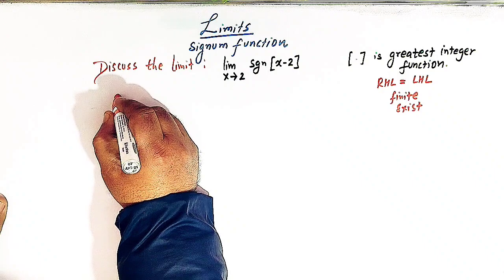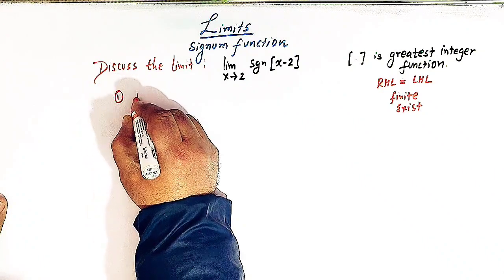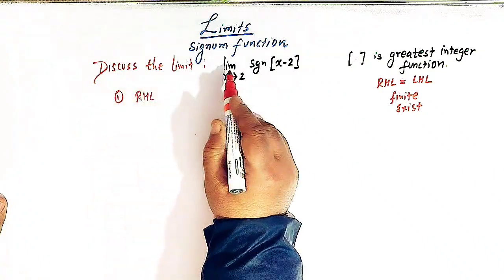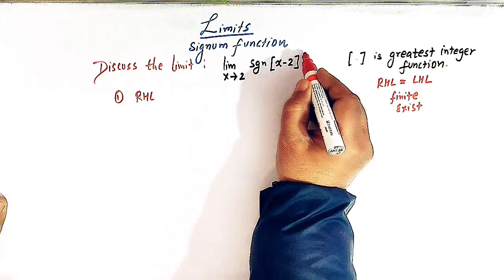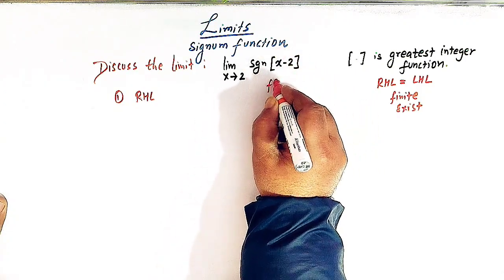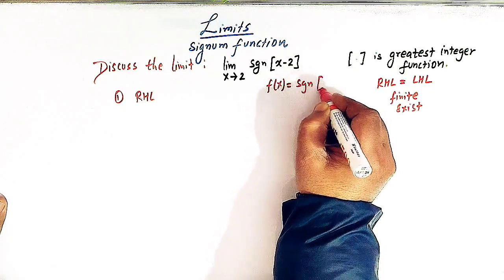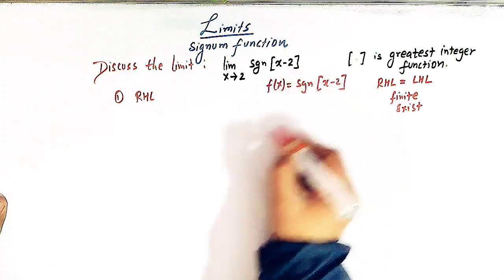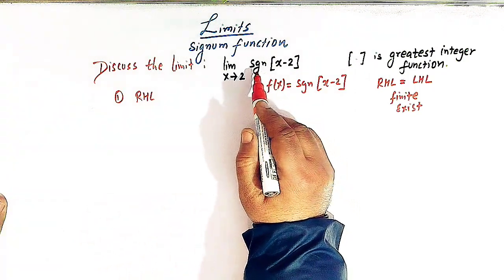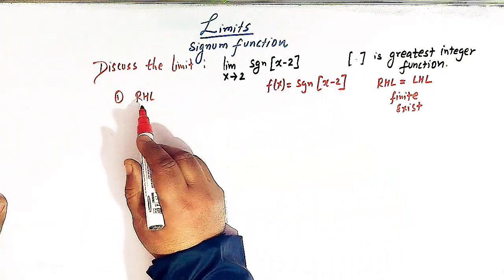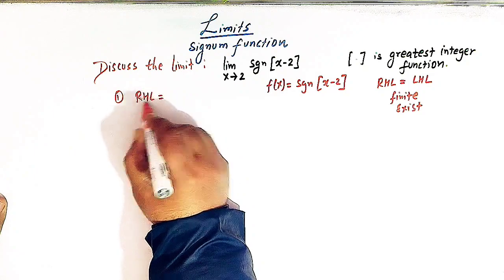So first we'll find out the right hand limit of this function, right? So let us take the function f of x as signum of greatest integer of x minus 2, right? We'll also define the signum function,